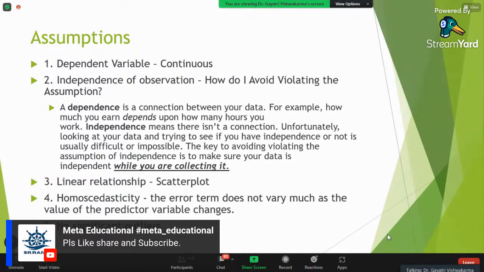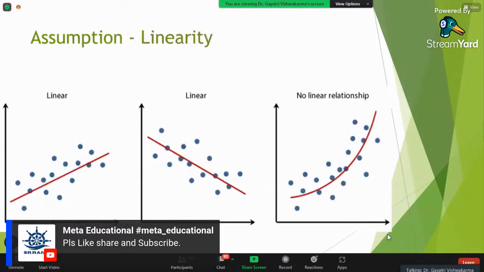So the first assumption is linearity. You have to find out whether x and y are linearly associated, whether there is a linear relationship. These are scatter plots, meaning plotted on the x-axis and y-axis: on one axis you take x, and on the other axis you take y. In the first graph, there is a positive association.